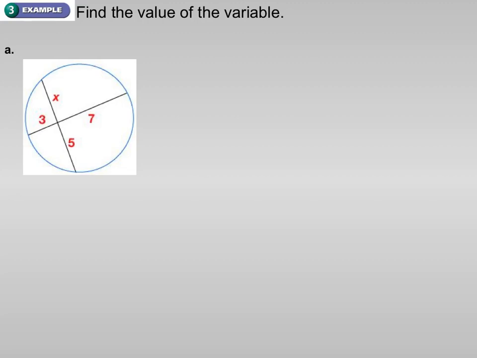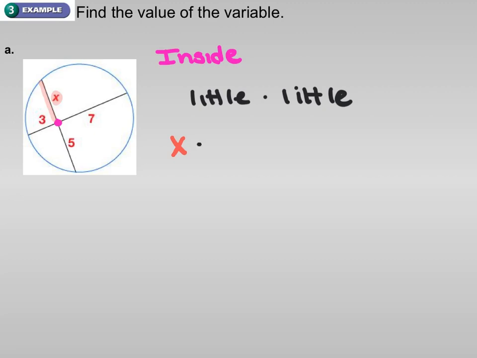Now in the first example, we have to identify where the segments intersect. So if we look, the segments in this case intersect inside the circle. Now the formula we use when they intersect inside the circle is the little times the little. So if I'm looking at the first segment, I could say one of the little segments is x. So x times another one of the little segments is the 5. So x times 5